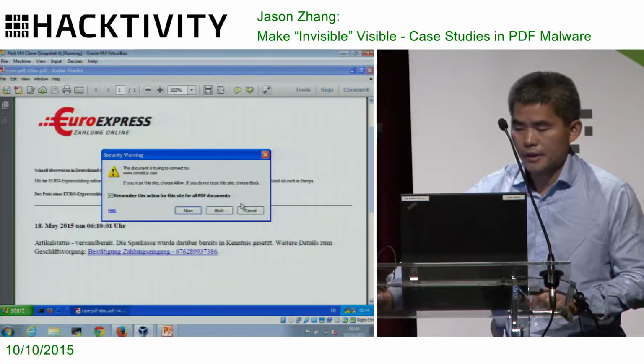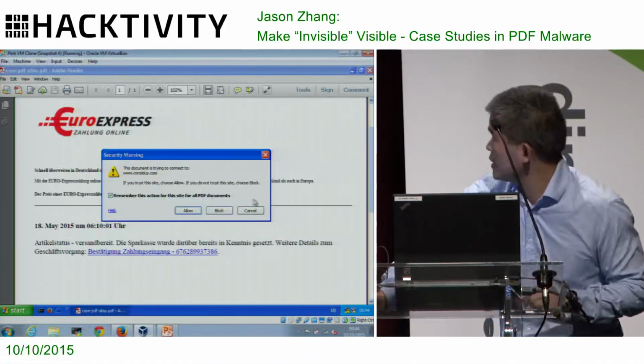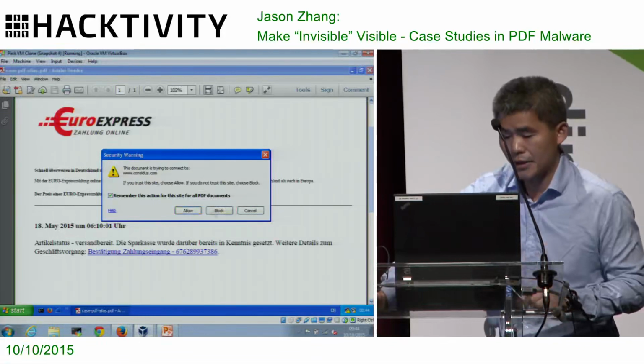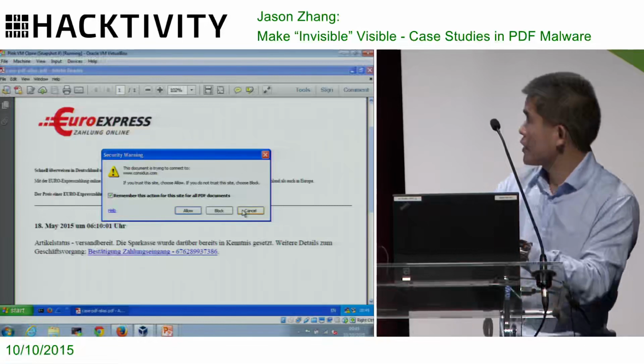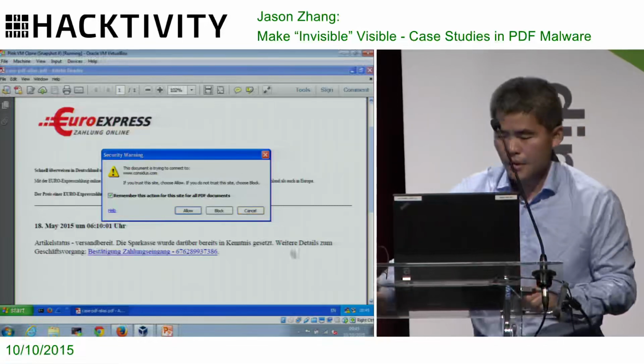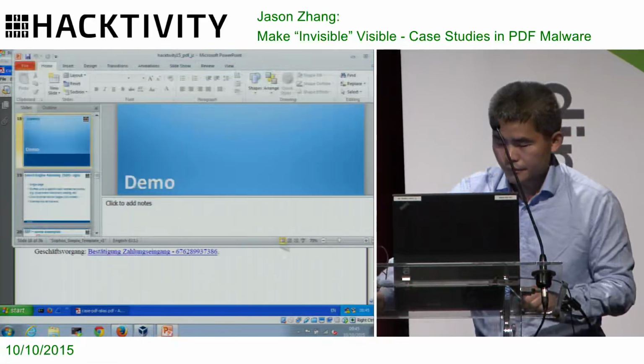But I don't think we need to carry on this demo because this idea is clear. So if you click allow, it will open the browser and then try to download some stuff. Yeah. In this VirtualBox, I didn't connect to internet, so I think we can stop this demo here. Let's move on back to the